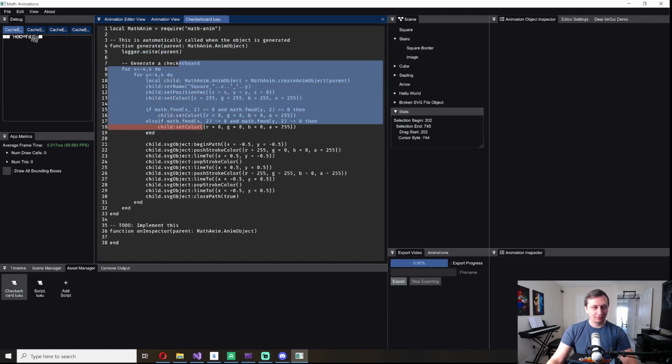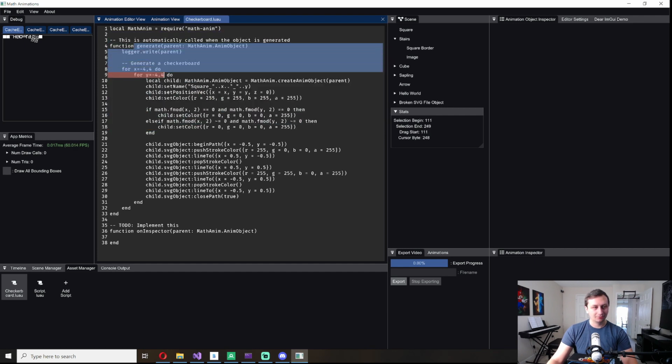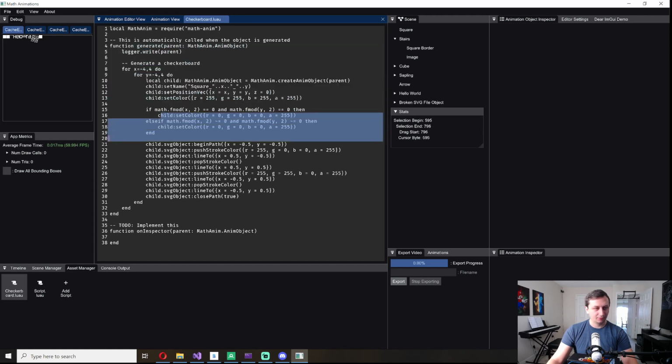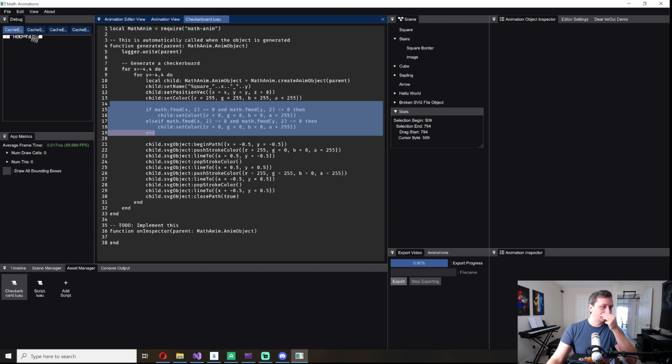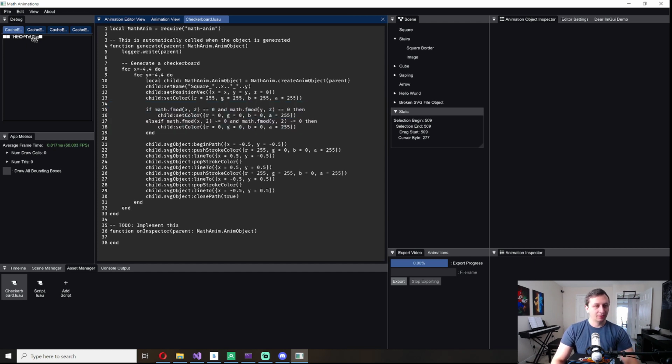So the red was just debugging. I was trying to make sure that everything was working right because I was getting double rectangles, which meant I was coloring twice, which I still do. This is one thing we'll have to fix. You'll notice the red and the blue intersect here. And so really what we want is just one red or one blue. So we'll have to fix that at some point as well. Anyways, though,